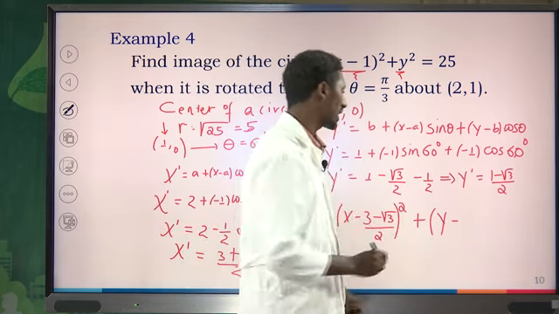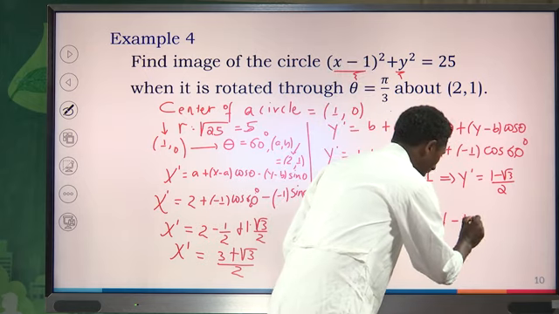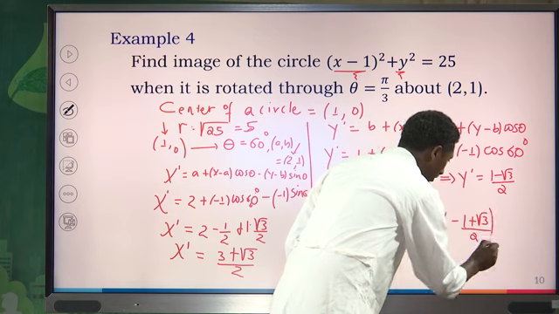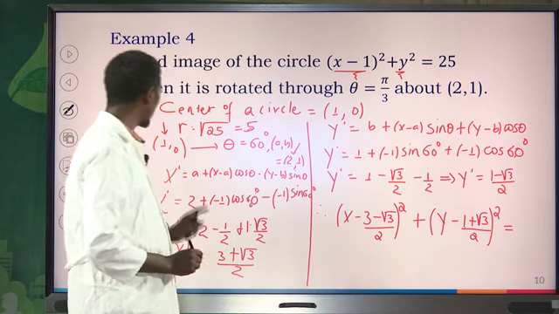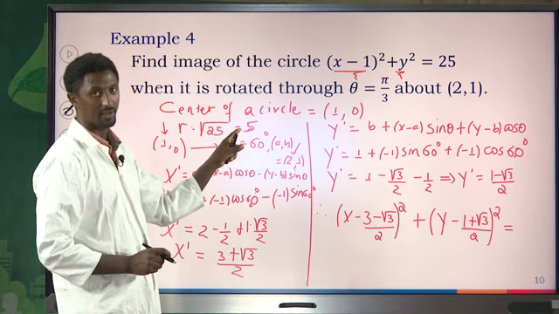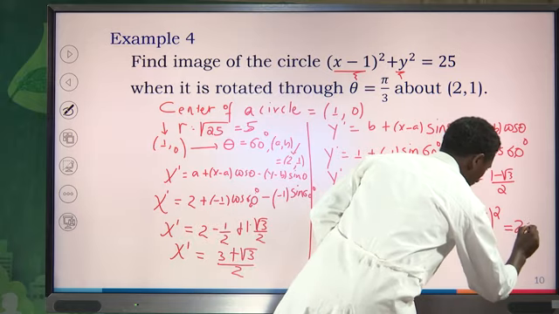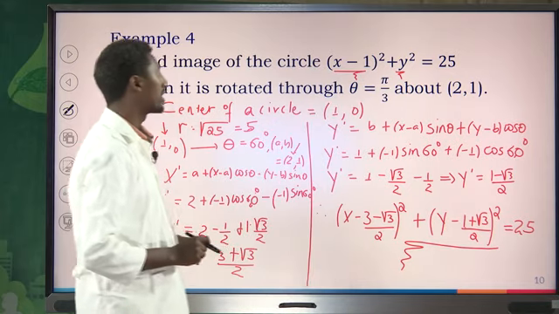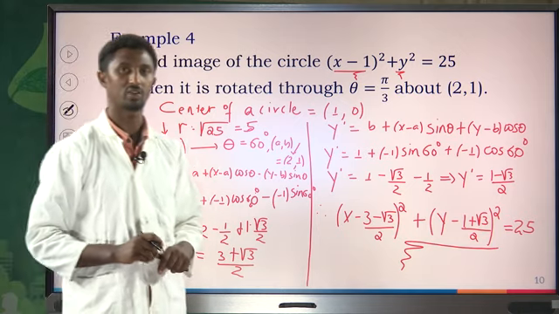If we subtract these values, it will be y minus 1 plus the square root of 3 over 2, the whole square, equals the radius squared. What is the radius? It's 5. So 5 squared equals 25. So this is the image of the given circle when it is rotated through theta equals pi over 3